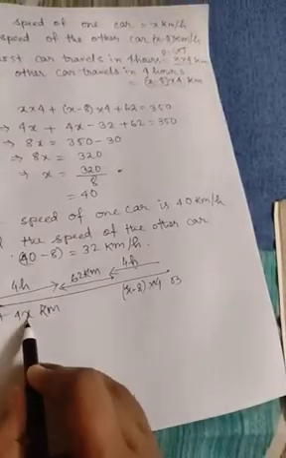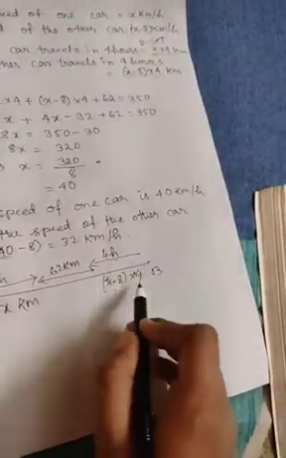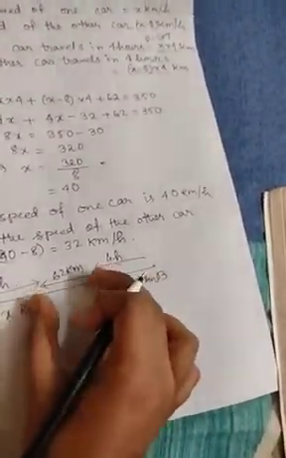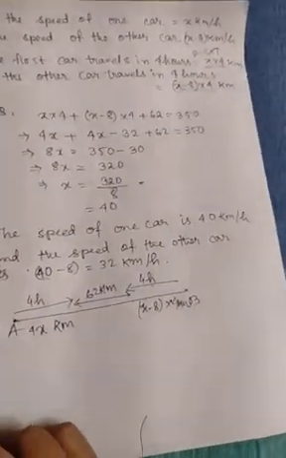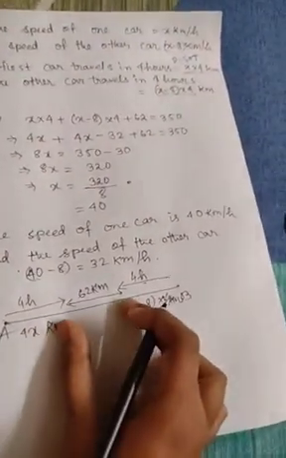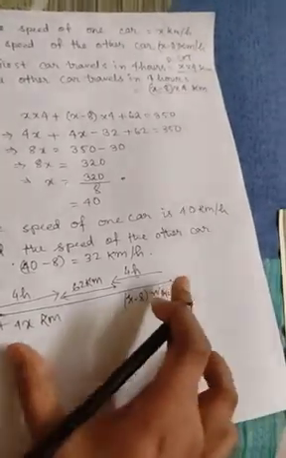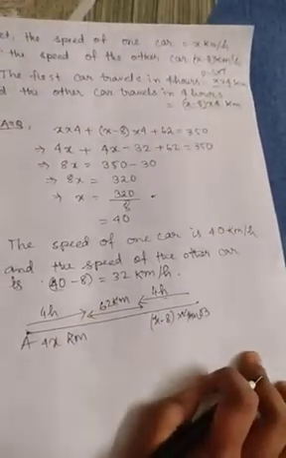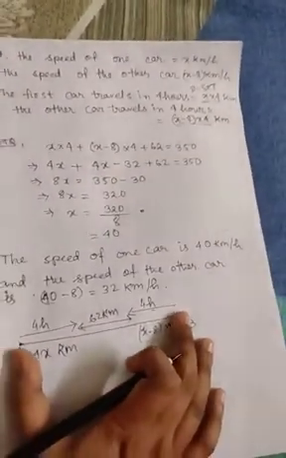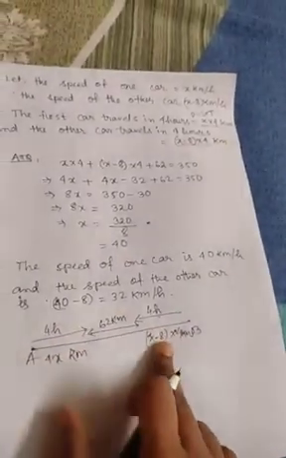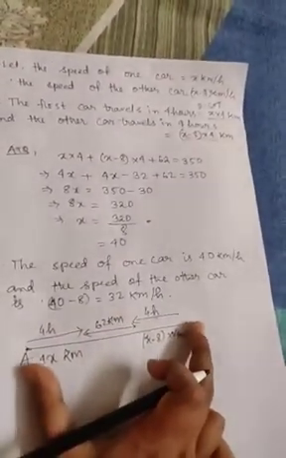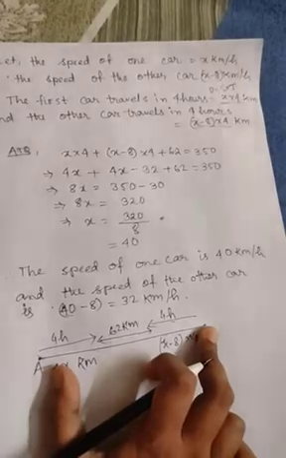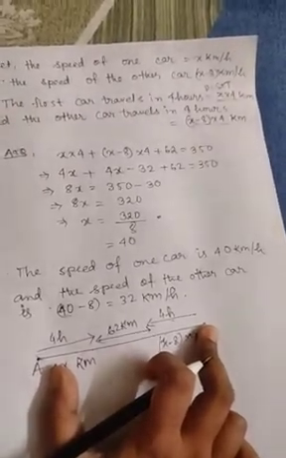So this distance is 4x kilometer. This one is x minus 8 into 4 kilometer. And after traveling for 4 hours, you can see that 62 kilometer is still remaining between them. So you can see, students, this 4x kilometer, 62 kilometer and x minus 8 into 4 kilometer, if we add them all, then we will get the total distance between A and B, isn't it? So the total distance given in the question, 350 kilometer, is the total distance between A and B.